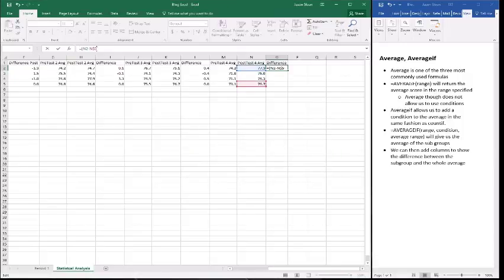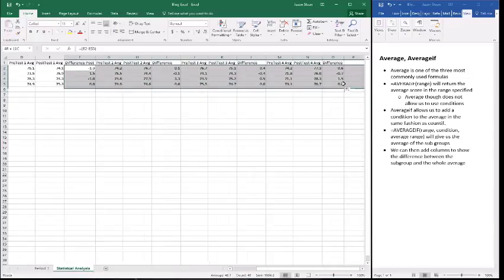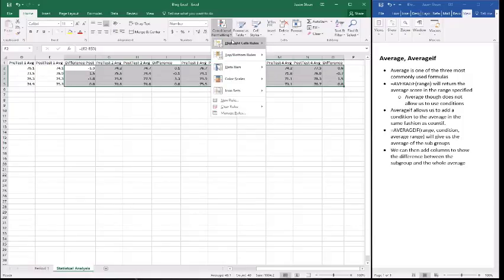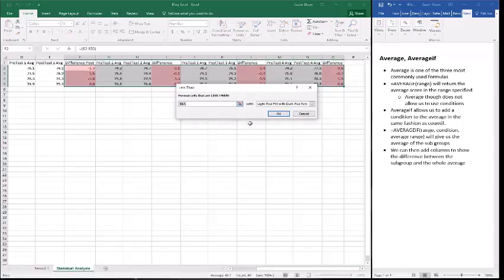Put the parentheses in the wrong place. And drag these down. So now we see, we go through this, now we've got differences. Now we could conditionally format these really quickly. If we wanted to make the negatives become a red, the easiest way to do that, we just copy across real quick. Now we can copy across, or we could just copy the columns as a whole and just do conditional formatting. So basically we're going to say everything that's less than 0